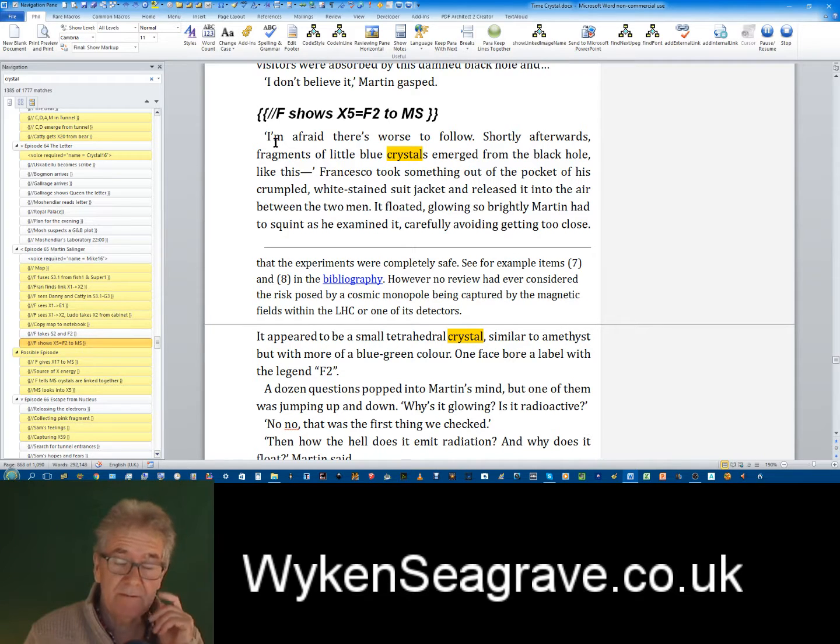So this is where Francesco is the head of CERN, the Director General of CERN. Martin is one of the chief scientists. I'm afraid there's worse to follow. Shortly afterwards, fragments of little blue crystals emerged from the black hole. Francesco took something out of the pocket of his crumpled, white-stained suit jacket, and released it into the air between the two men. It floated, glowing so brightly Martin had to squint as he examined it, carefully avoiding getting too close. It appeared to be a small